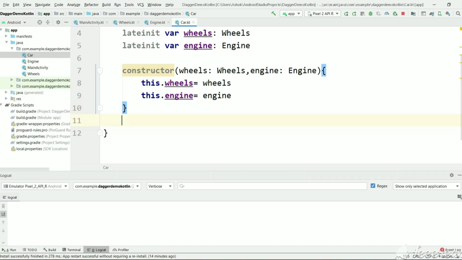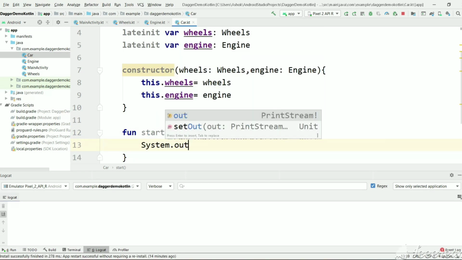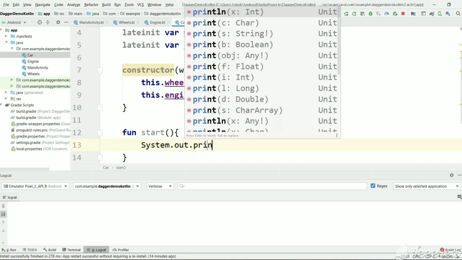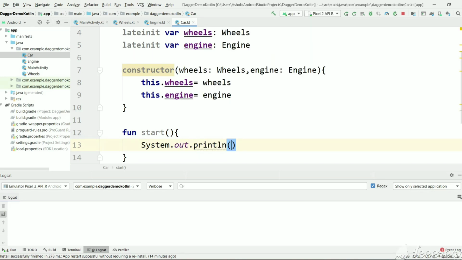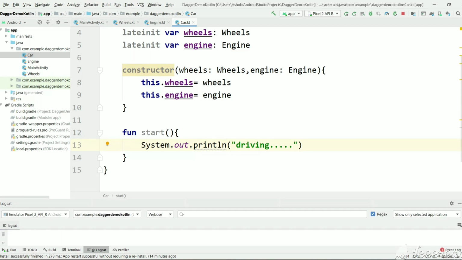And here let's have a method start, and let's print driving. So now we have created a car which is dependent on wheels and engine.